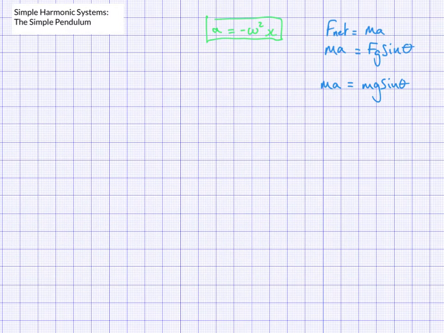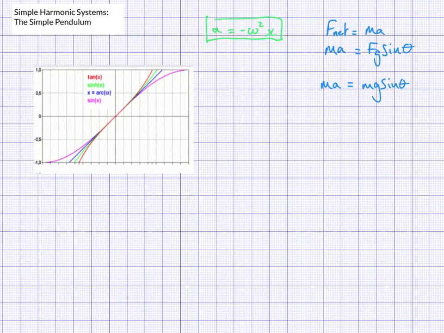And at this point, we're going to need something else. We're obviously going to be combining, hopefully you can see, these two equations. But we also need to think about something called small angle approximation. So I'm just going to show you a little picture, a little graph from Wikipedia. So this is a small angle approximation, and it's a very important concept we'll see many times. So it's called small angle